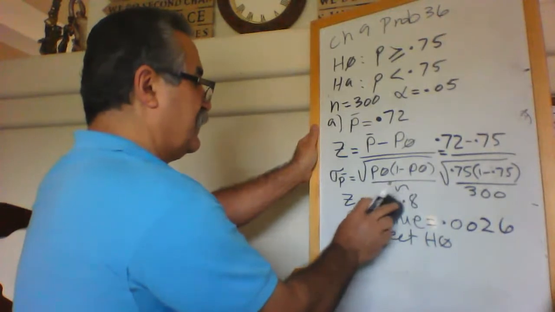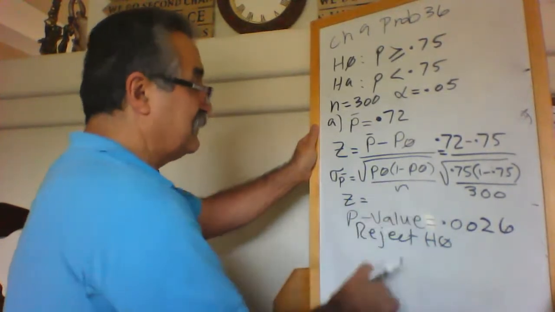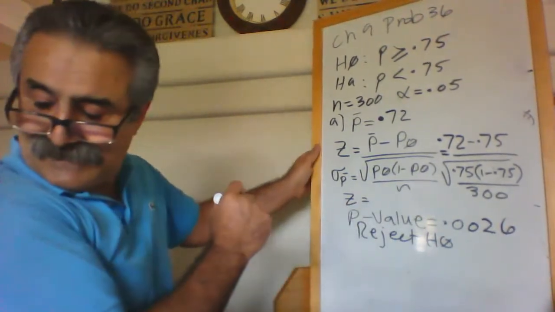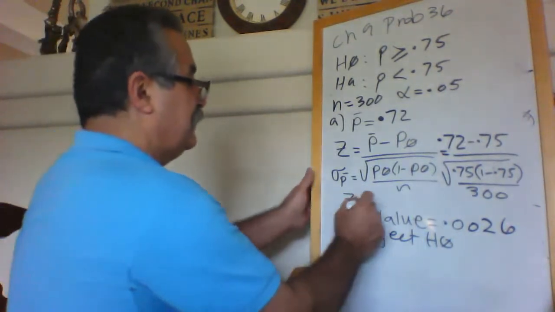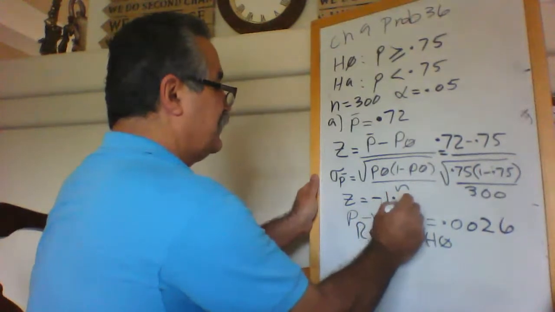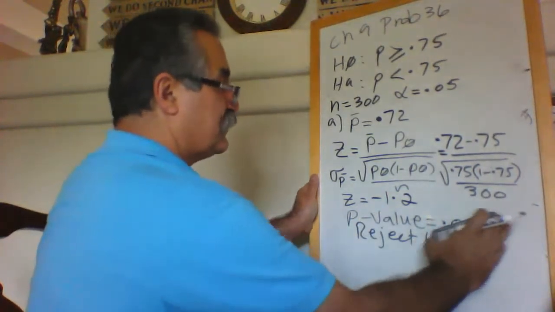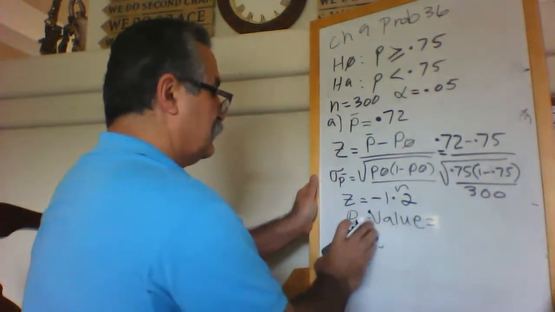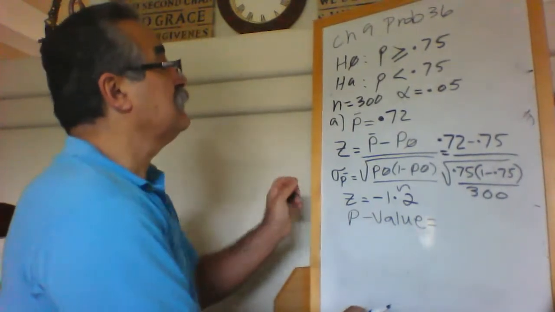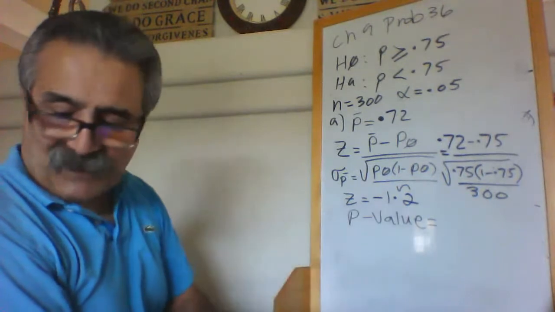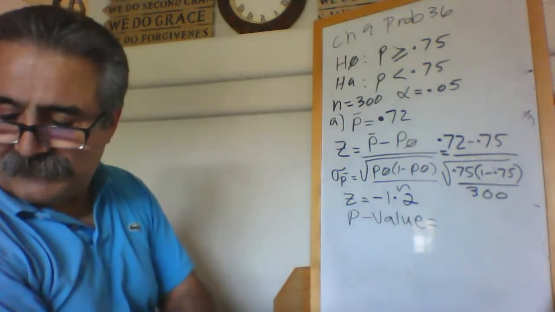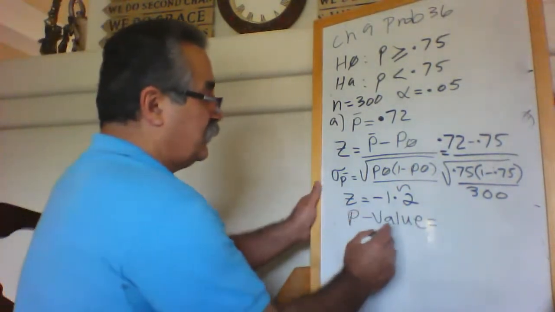So z is going to be, for part B, negative 1.2. So for negative 1.2, we go ahead and read the value off of the table, p-value is equal to